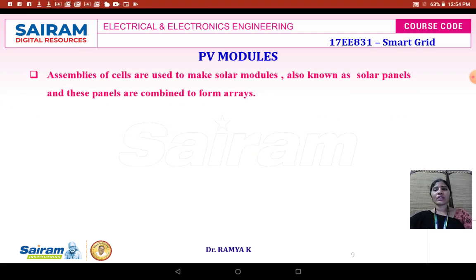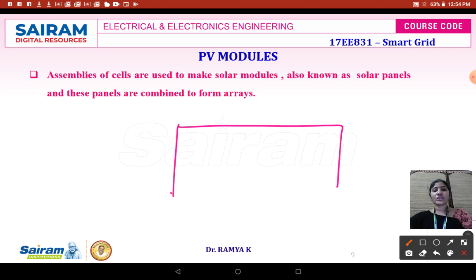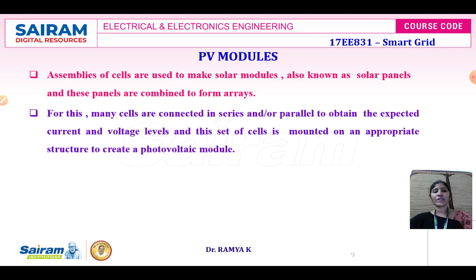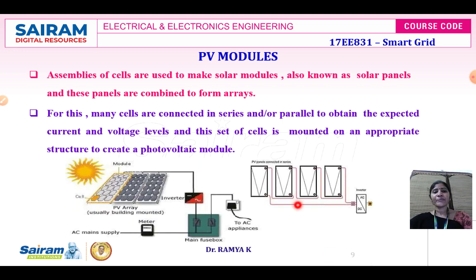PV model: when you are considering the solar cell, each solar panel will have n number of cells. Each cell can be connected either in series or in parallel depending upon the voltage or current requirement. If I want to operate at a high value of current, then we need to connect all the cells in parallel. If I want a larger amount of voltage, then we can connect them in series. Depending upon the series-parallel connection, it is possible for us to obtain the right value of voltage and current.